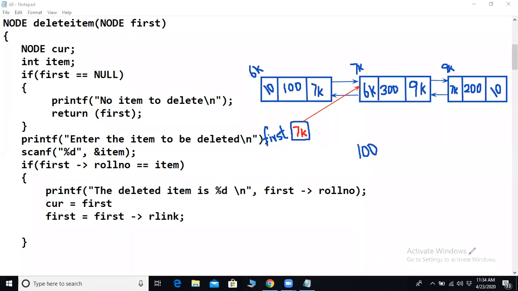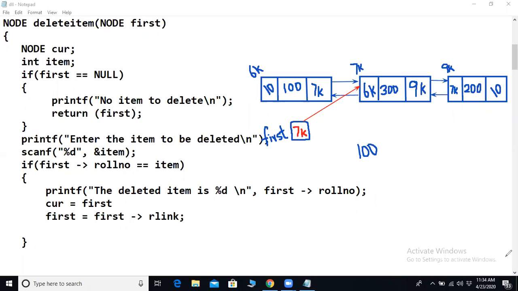Then what is the next step we need to do? Free the first node, the 6K node. After freeing, let's do that: free the cur. Then what about the next operation?